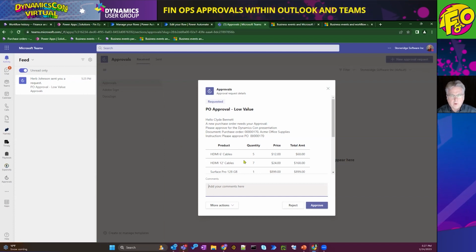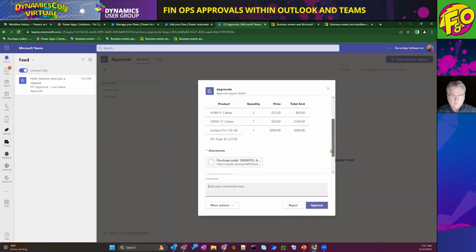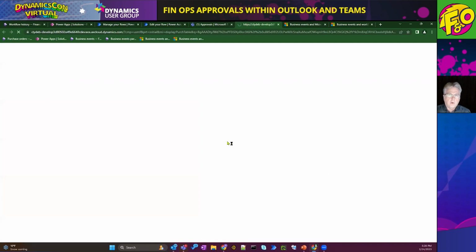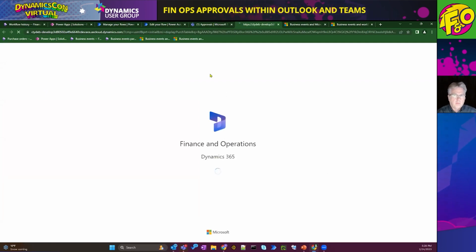So as you can see here, we've got our formatted detail lines that are made up of this purchase order. We've got the product, quantity, prices, total amount. We have them nicely formatted in dollars with the cents, so they're easy to read. And we have an attachment here that we're able to do. I'll click on that attachment. You see a new tab will open, and it'll go right into that purchase order.